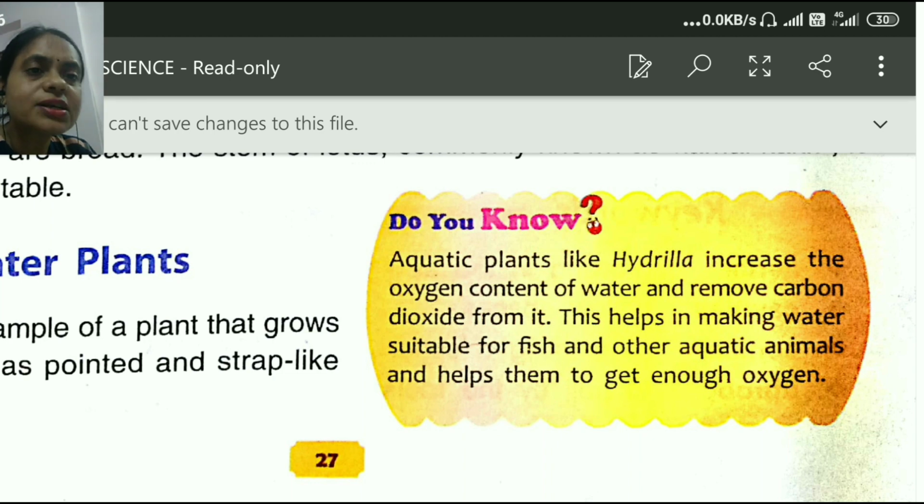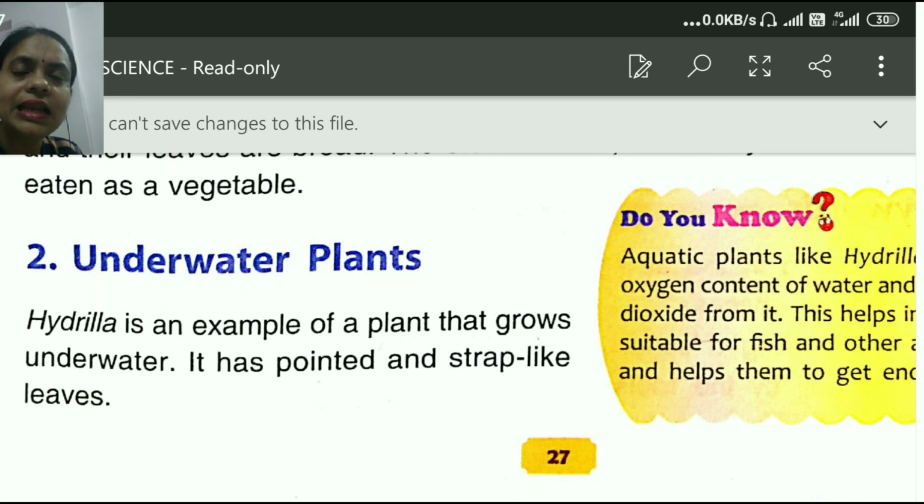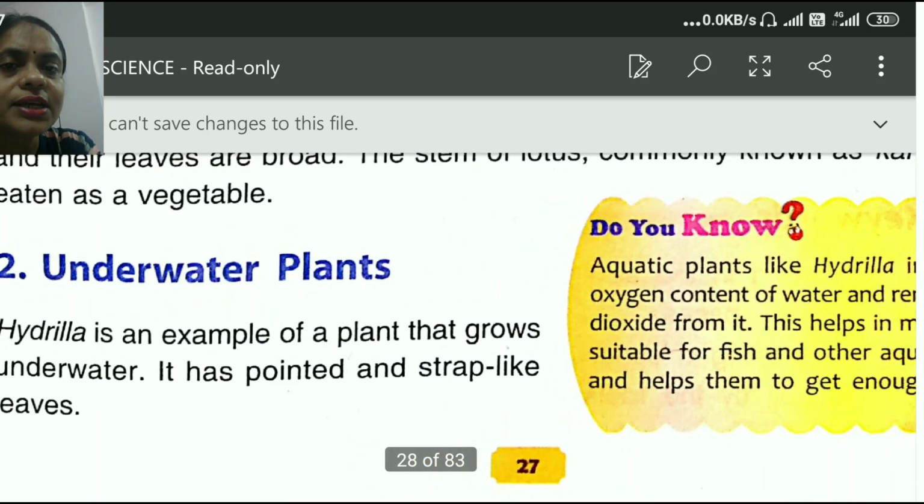So the oxygen content of water is increased by hydrilla, and it also removes carbon dioxide from it. This helps in making water suitable for fish and other aquatic animals, and also helps them to get enough oxygen. Hydrilla is an example of a plant that grows under water. It has pointed and strap-like leaves.